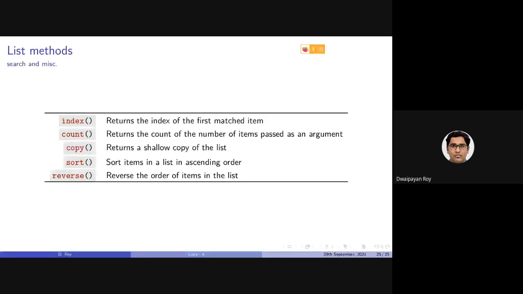So this is the discussion on list. Any questions, please feel free to ask. Anyone? Okay, then thanks a lot. From tomorrow's class, we'll be starting our discussion on the other compound data types, focusing on sets and tuples. Okay, thanks a lot.